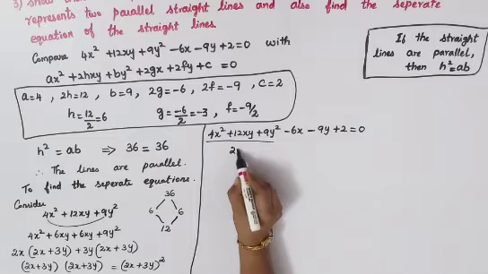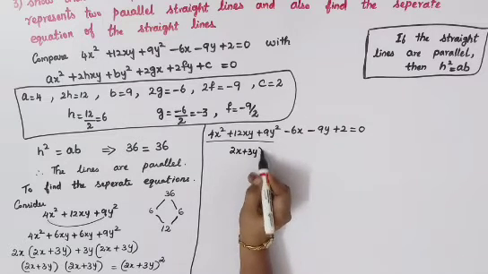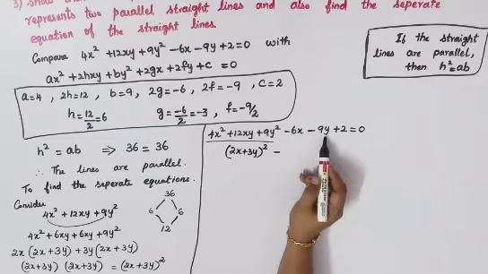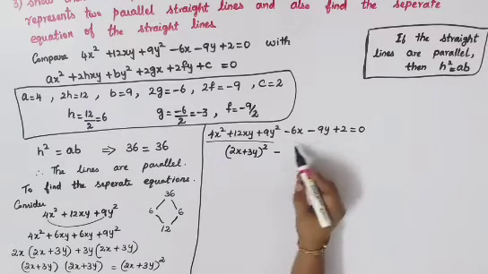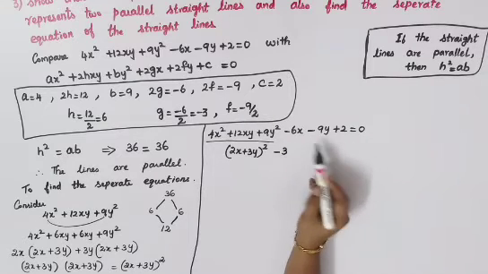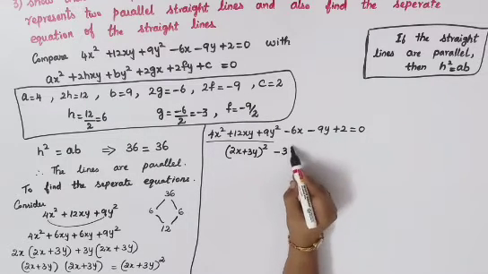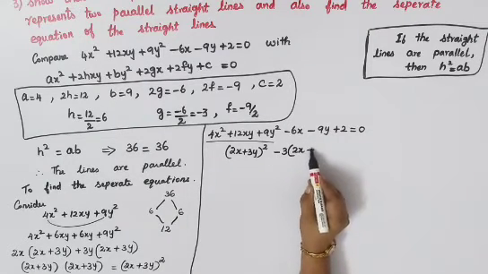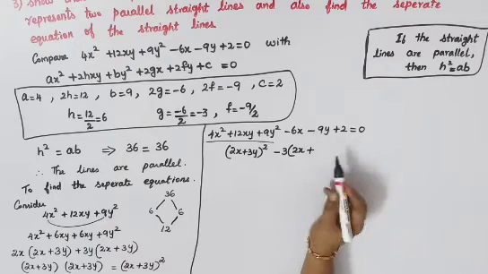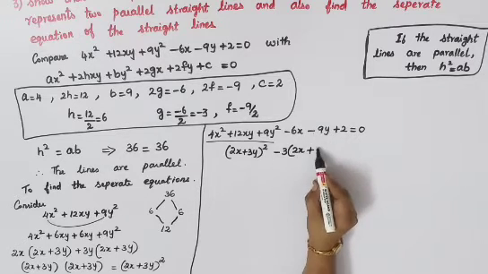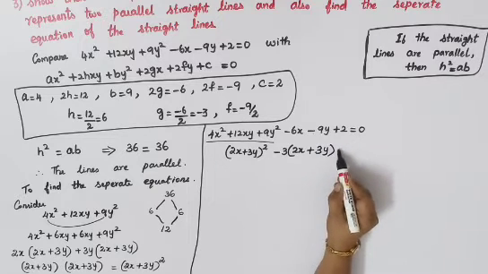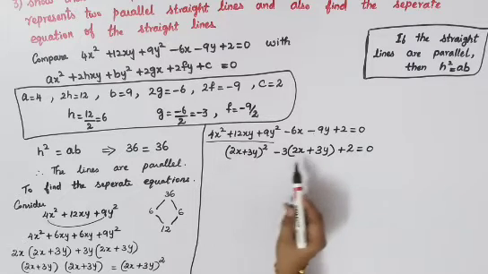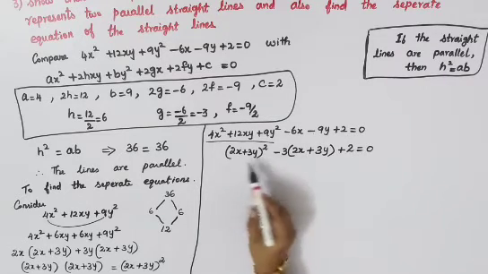So I'll just write it as 2x plus 3y the whole square and minus, here just see whichever you are able to cancel, otherwise take it as common. So here 3 I can take it, with minus I'll just take 3 outside. So we'll have here 2x. So minus is already out, so if you give plus, minus into plus you will get minus. Now in 9y already 3 is out, so you'll have 3y plus this 2 as it is, which is equal to 0. Now you can see the same term is replaced here again. Both the terms are same.